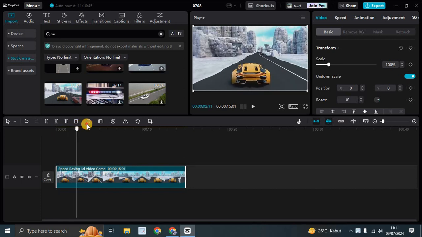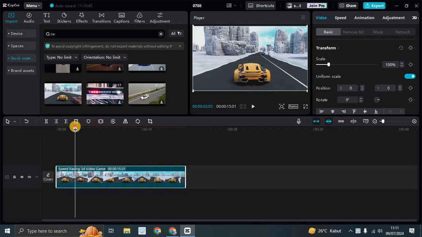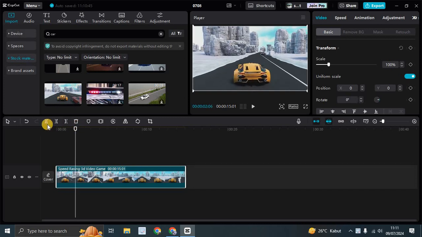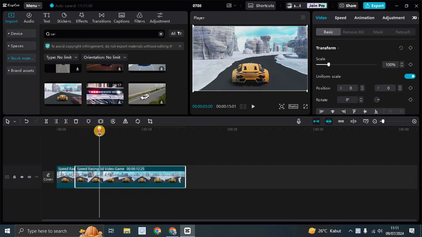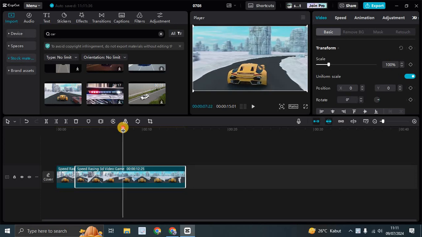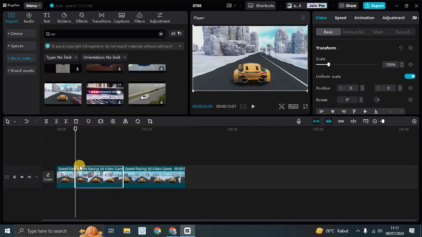So first, make sure that you split to where you want the tracking to start. For example, I'm going to start here. You can just split the video, and split again to where you want the motion tracking to stop. I'm going to stop here, for example, split again, and now on this part where I want to do motion